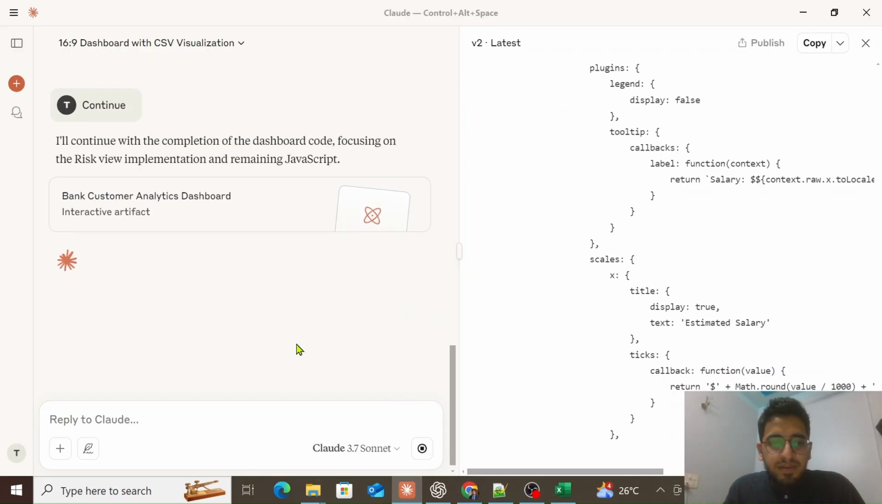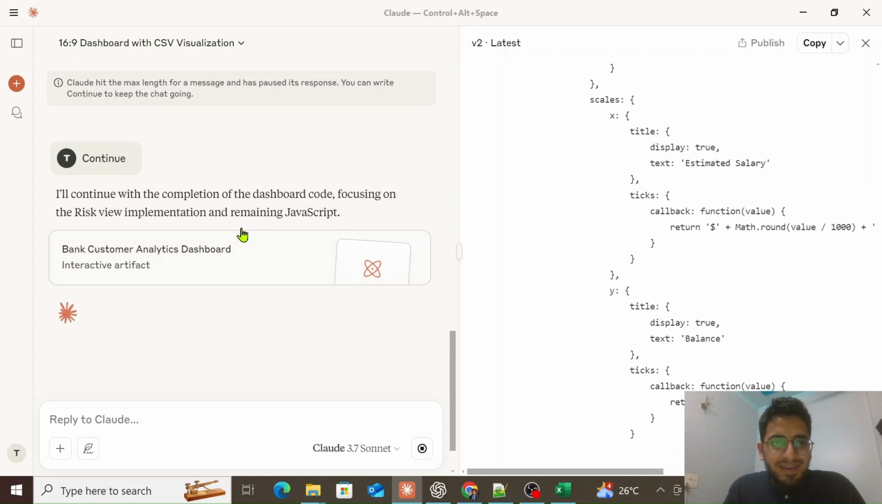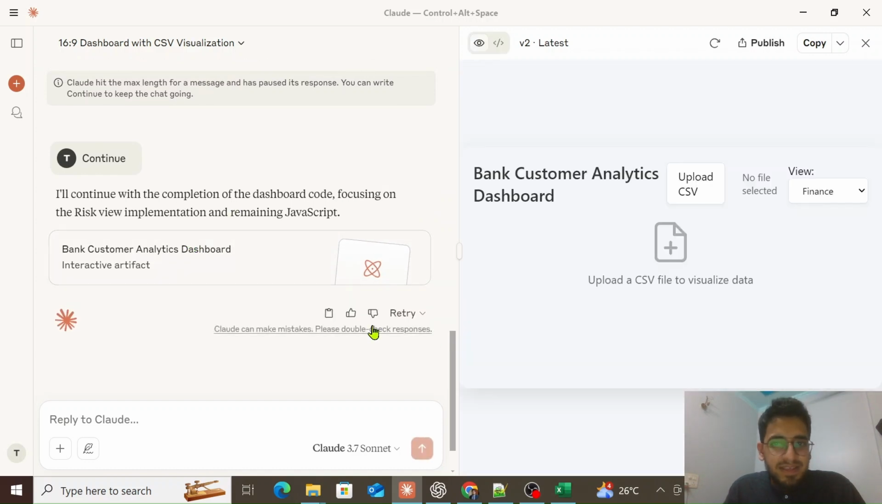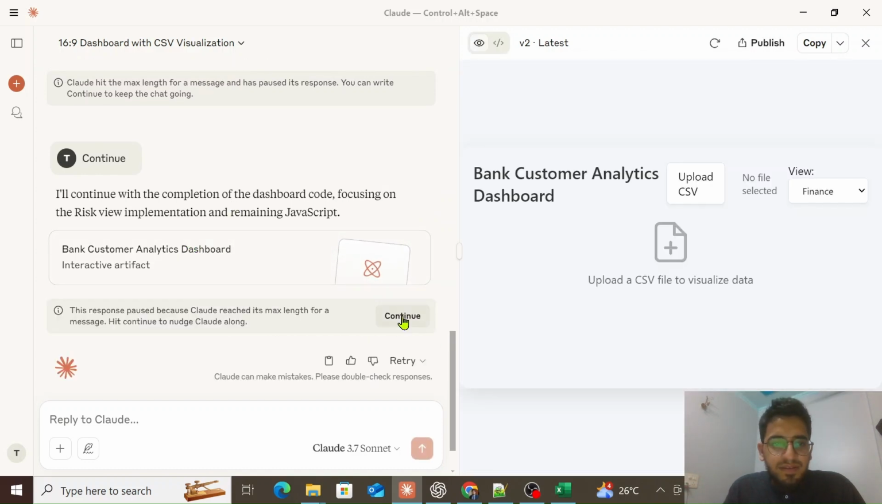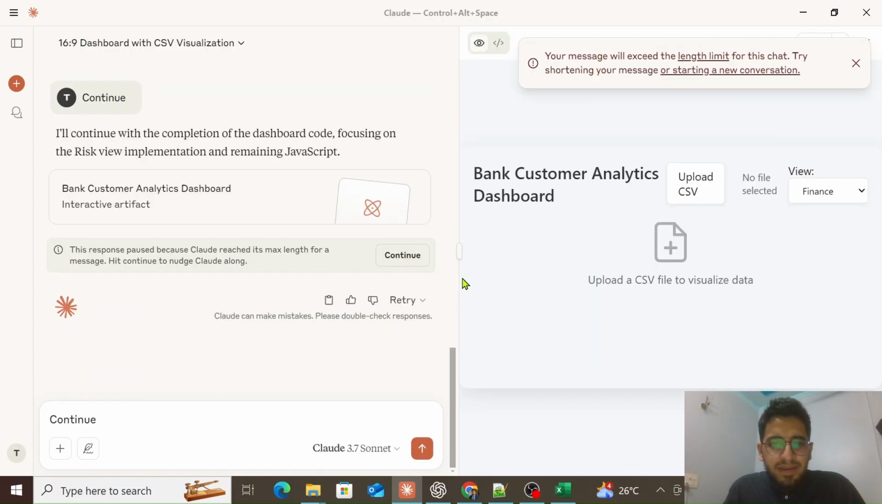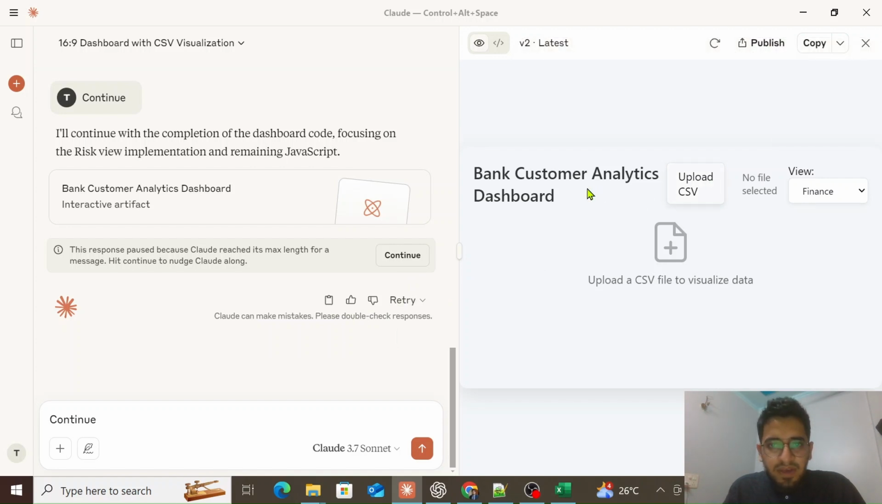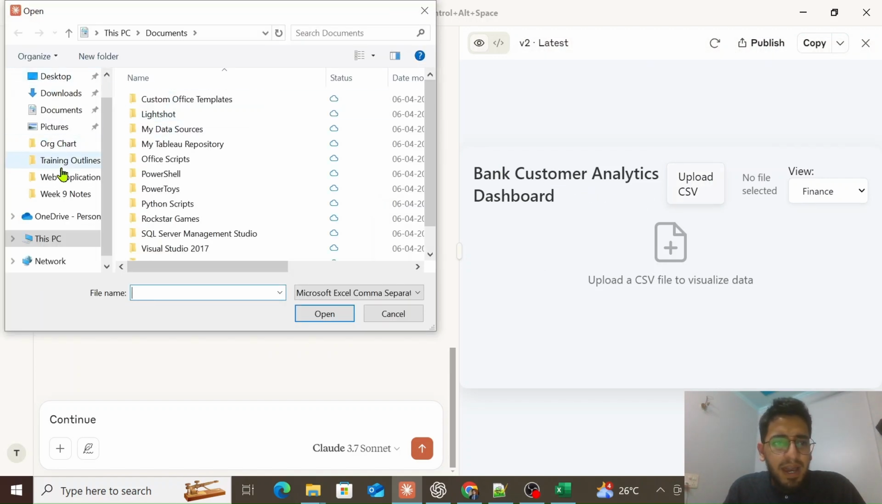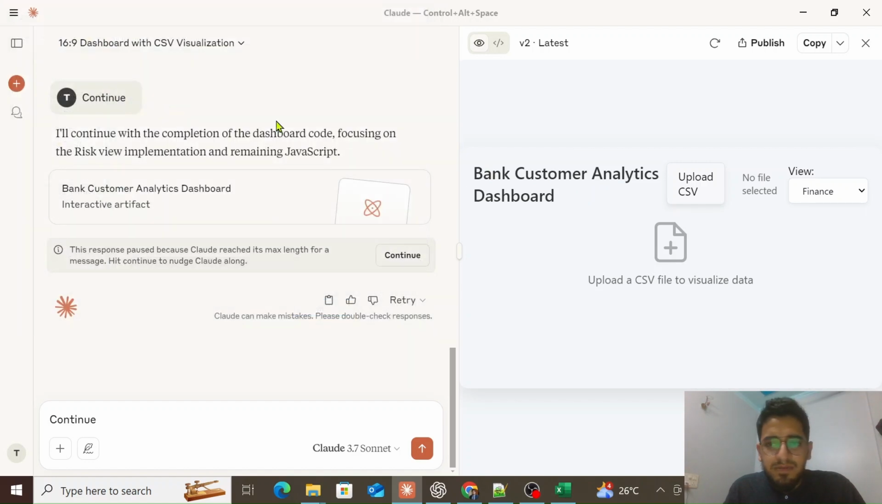It's still generating, right? I'm not sure it will be able to generate the entire thing on my free version, but let's see. And it has hit its limit again. So I'll try it one more time. I'll press continue, and okay, I don't think I will do it because I have the free version available right now, but that's okay. I will just upload my bank churn data, and we'll see what output we're able to